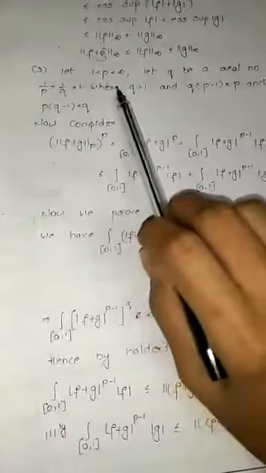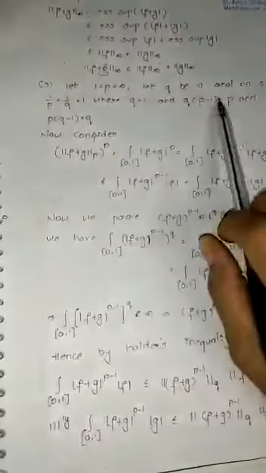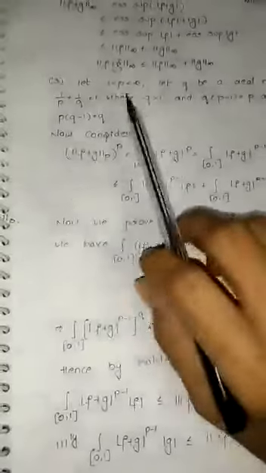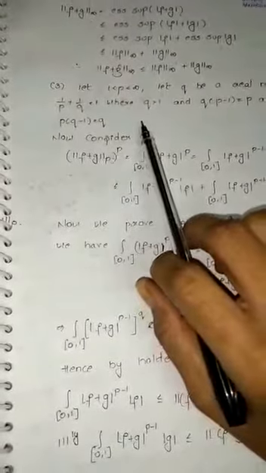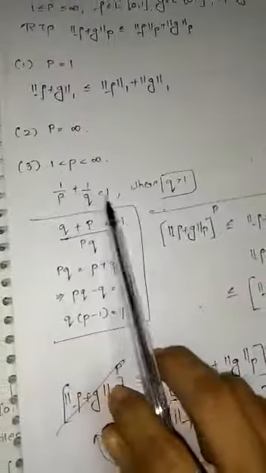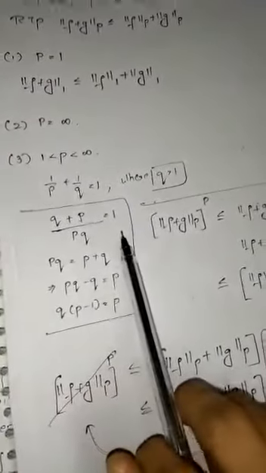Now we are moving on to case 3, girls, where your p is lying between 1 and infinity. Now when p is lying between 1 and infinity and q is a real number, we have already seen that p and q are conjugate indices to each other, where 1 by p plus 1 by q is equal to 1. So here we know that p and q both are definitely greater than 1. How are we getting this condition? I have worked it out for you here, girls. Whenever 1 by p plus 1 by q is 1, where q is greater than 1, you just take the LCM and equate it to 1.